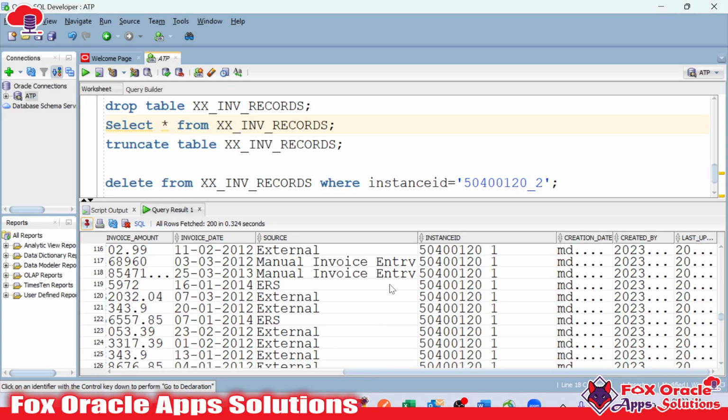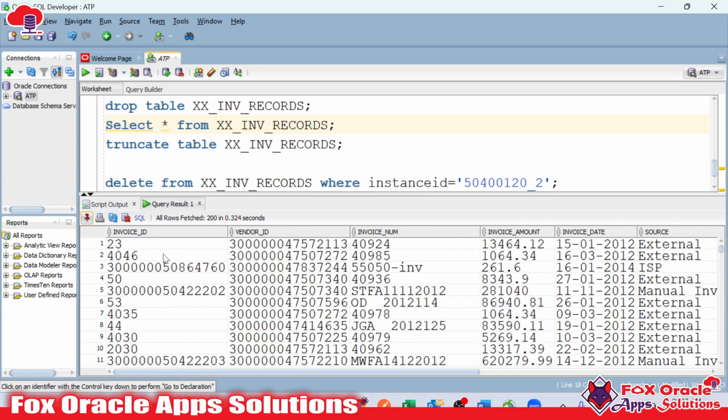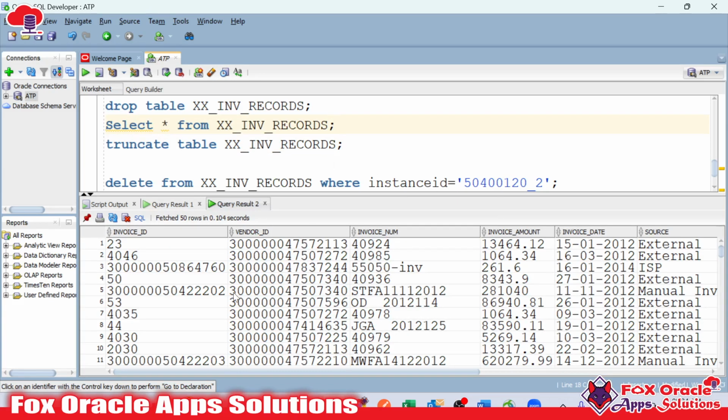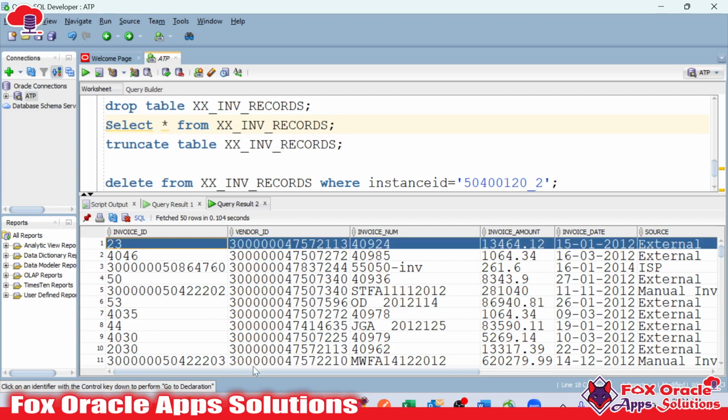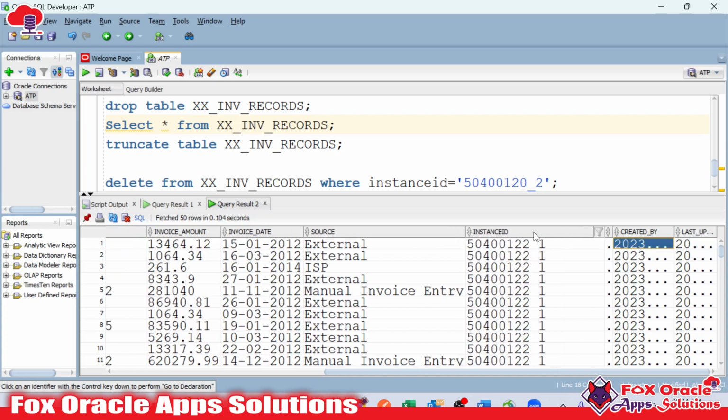So here if you look at the database, we have the table, we have the invoice ID. For example, take invoice ID 23. That invoice ID 23 is already present in the table, and you can see the instance ID is 120_1. And if I run the integration and query the table, you can see invoice ID 23 now has changed to instance ID 22_1. Why did it change? Because we passed the same data again. And here you can see the created by,